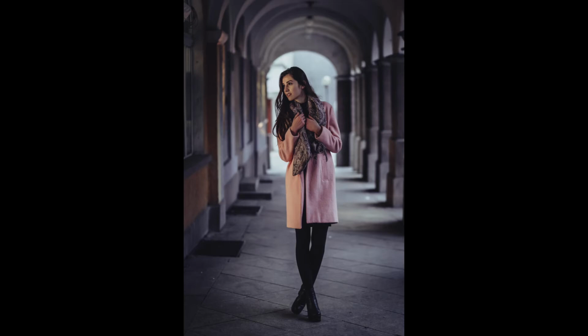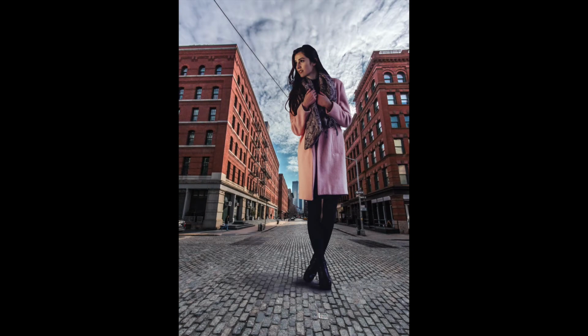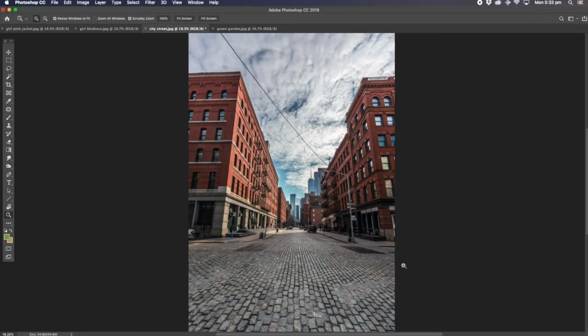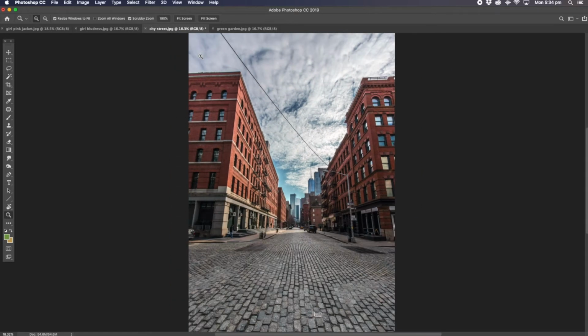Guys, today's basic tutorial is how to cut yourself out and put yourself into another photo. Okay, the first thing we're going to be doing here with Photoshop, once you've got your photos up and running,